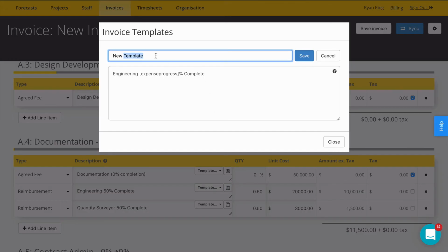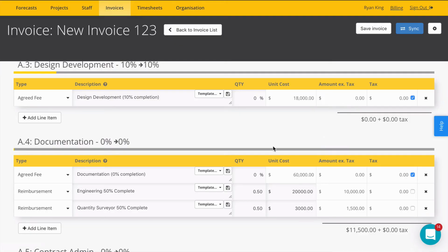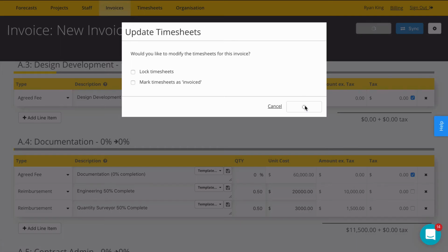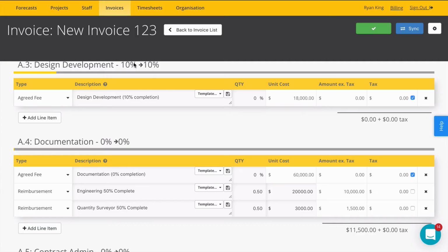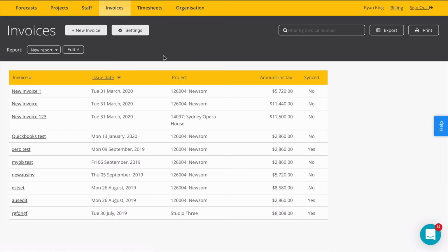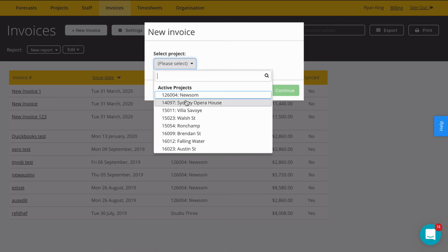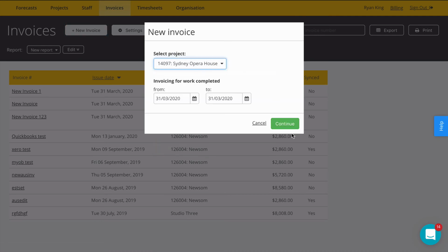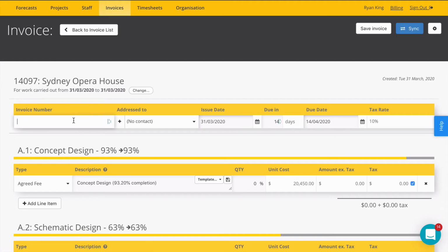I'm going to save this as a template. So I'm just going to go ahead and save that and then show you what happens when we create a new invoice. Invoice list, create a new invoice for the same project. Give it a number,